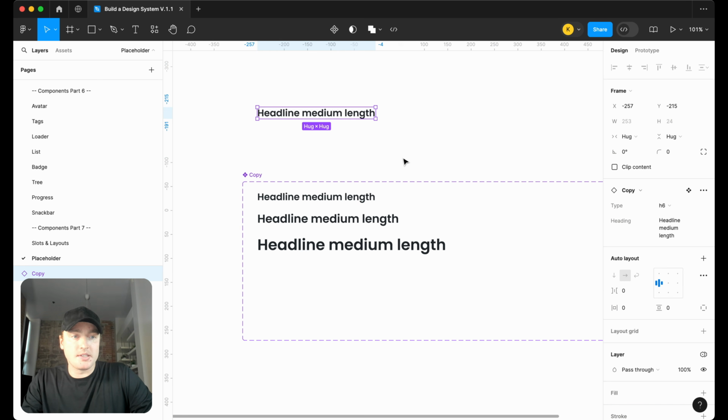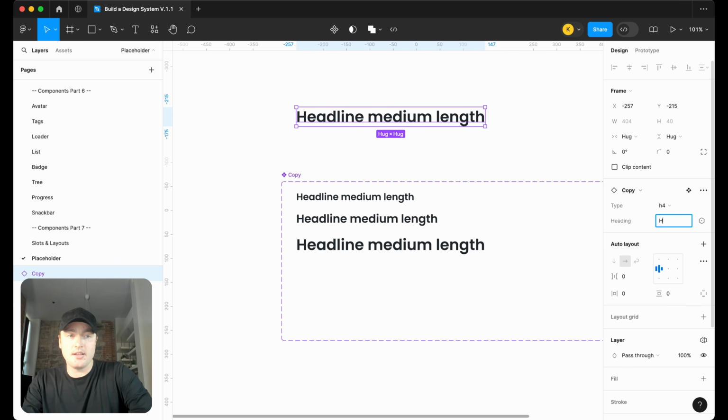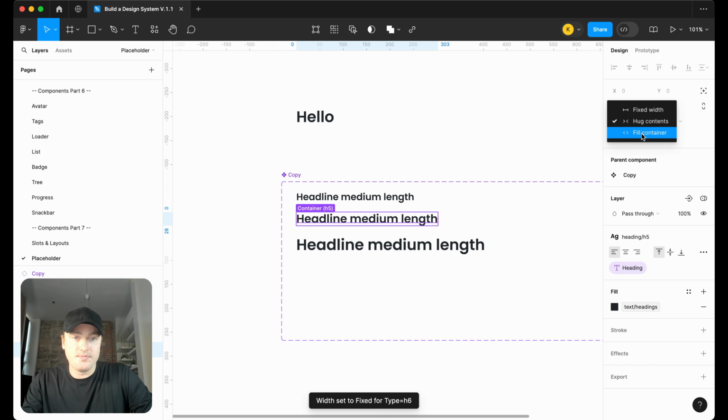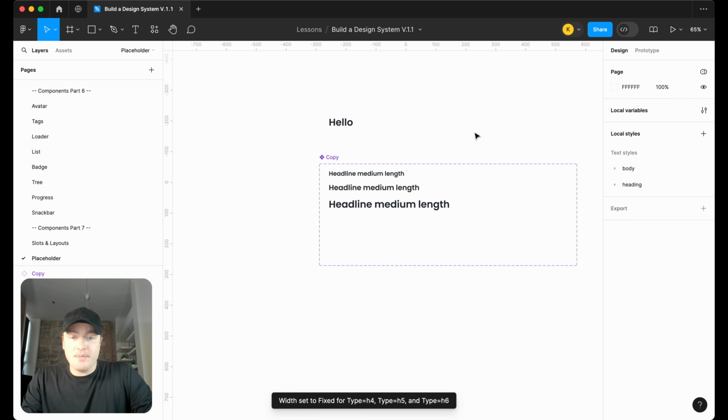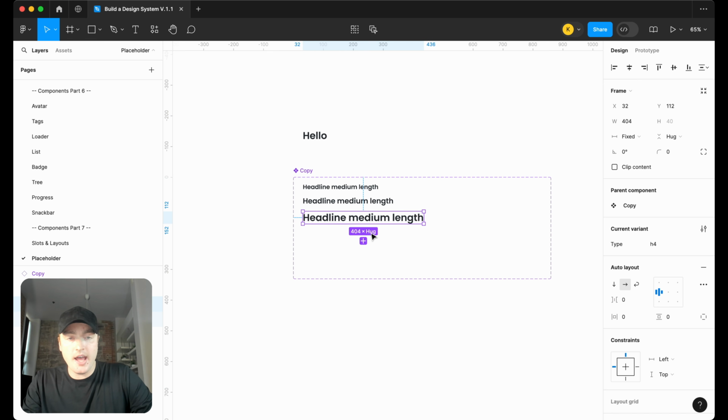And now if I bring up a symbol here, I can change between our H6 or H5 or H4 and also adjust this as well. Something like hello. There we go. And one thing we just want to always make sure is that our components here are set to fill. Perfect. Sweet. Okay, so now that we have that out of the way for our headings,